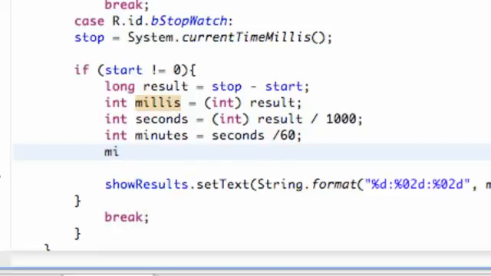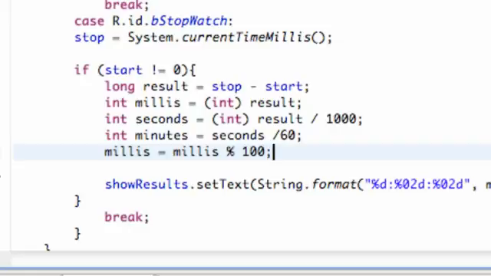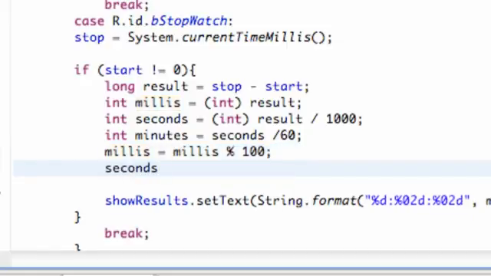So we're going to say milliseconds is equal to milliseconds, and then we're going to use the percent sign again and say divide by 100. What that is going to do is take our milliseconds, divide it by 100, and whatever's left over, take that and set it equal to milliseconds. I don't know if that makes sense, but we're also going to do that for our seconds. So we're going to say seconds equals seconds, take the remainder of